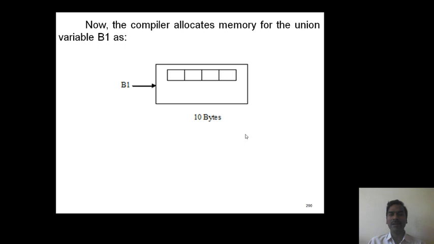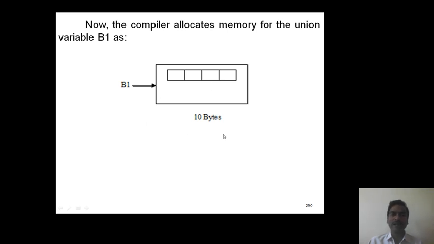Here remember, this shows the difference between structure and union. In the structure concept, memory is allocated individually for each member, whereas in the case of the union concept, the compiler selects the member with the highest memory and this memory is allocated and shared by all members of the union.